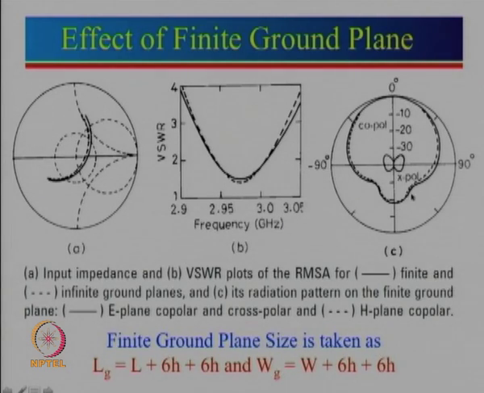For infinite ground plane there will be zero back radiation, but for finite ground plane we have taken this size over here. In that case you can see the scale is 0, -10, -20. So that is about minus 18 dB. So, the front to back ratio is 18 dB. Now, many a times 18 dB is acceptable, but sometimes 15 dB is also acceptable, sometimes 30 dB is also